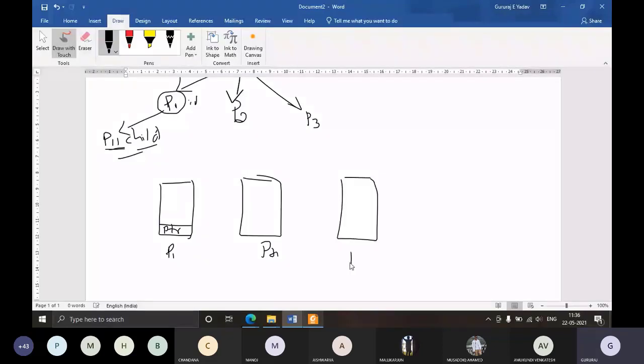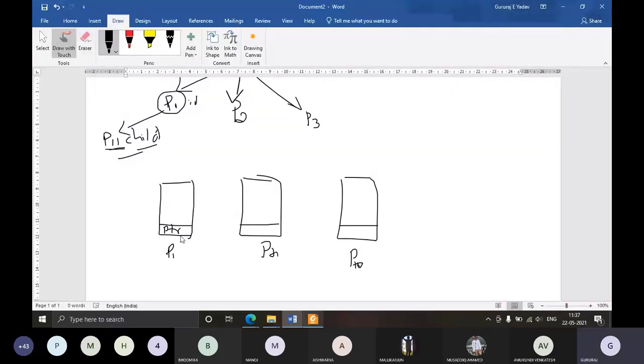So why this pointer field is used: see, these three processes P1, P4, and P10, they are all waiting for the CPU. Let's assume that they are waiting for the CPU. When a process waits for the CPU, always remember the process waits for the CPU only if it has acquired all the other resources that are needed for its operation. The only resource it requires now is the CPU. In that condition only, it is waiting for the CPU.